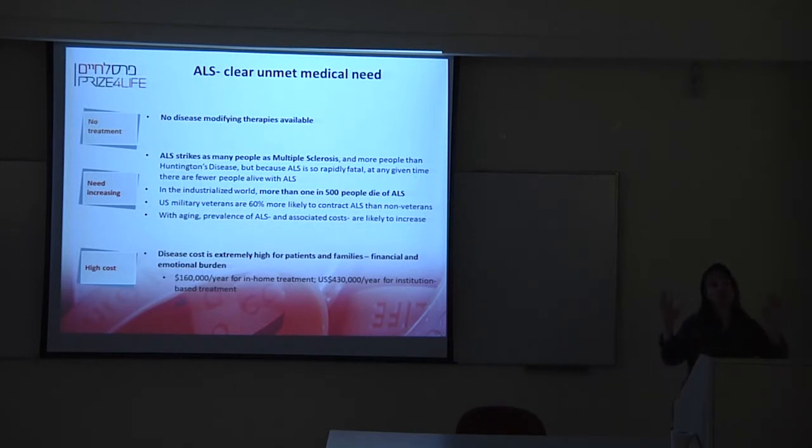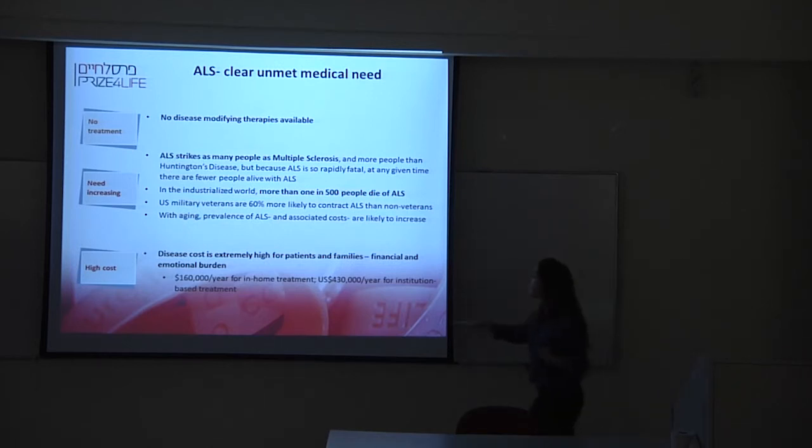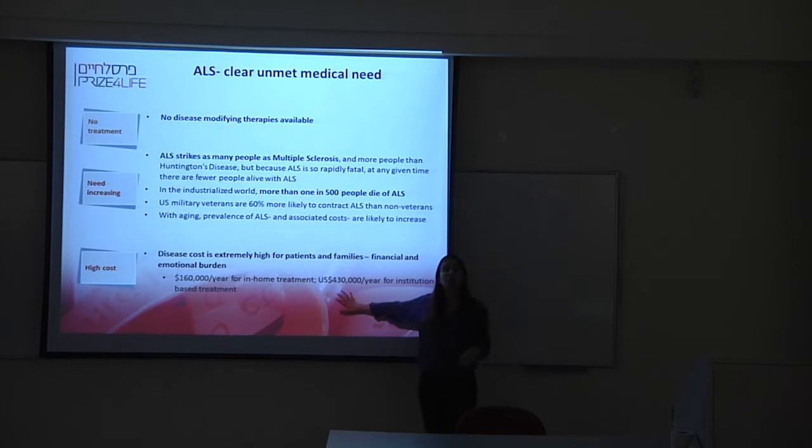So just to go by a very economical standard, if this is the cost of taking care of a patient in an institution for a year, a treatment that would cost not 430, but 400 would be profitable for the insurance company to pay, because they would still save money for that patient annually.